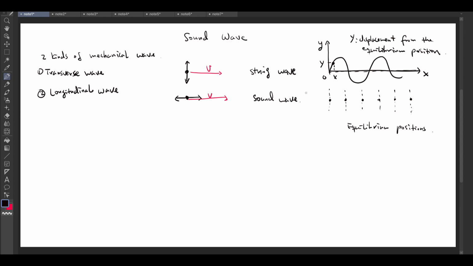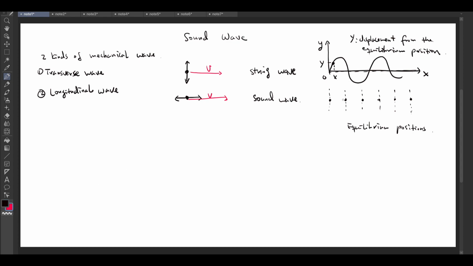But you notice that it's different from the transverse wave. In a transverse wave, you can say the equilibrium positions for all particles are at the same level, essentially at the same value. But now you have different positions for the particles, and their equilibrium positions are fixed along the line, equally spaced equilibrium positions. So now if there's a wave propagating along the air, a sound wave, then